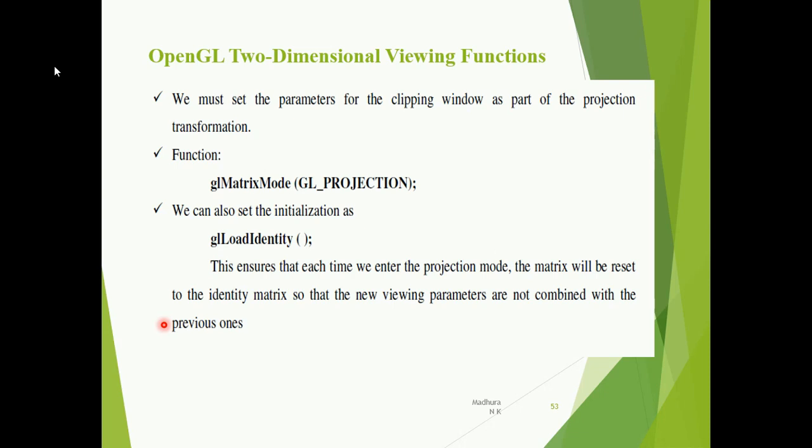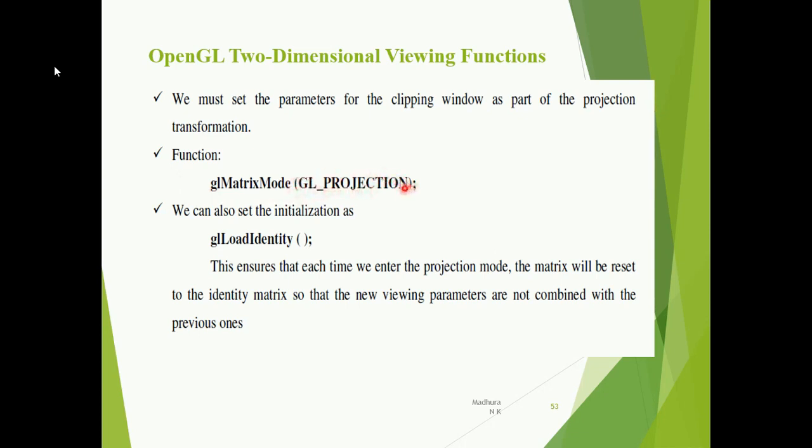Before we select any clipping window and viewport in OpenGL, we need to establish an appropriate mode for constructing the matrix to transform world coordinates to screen coordinates. So we have a particular function called glMatrixMode(GL_PROJECTION) in OpenGL.